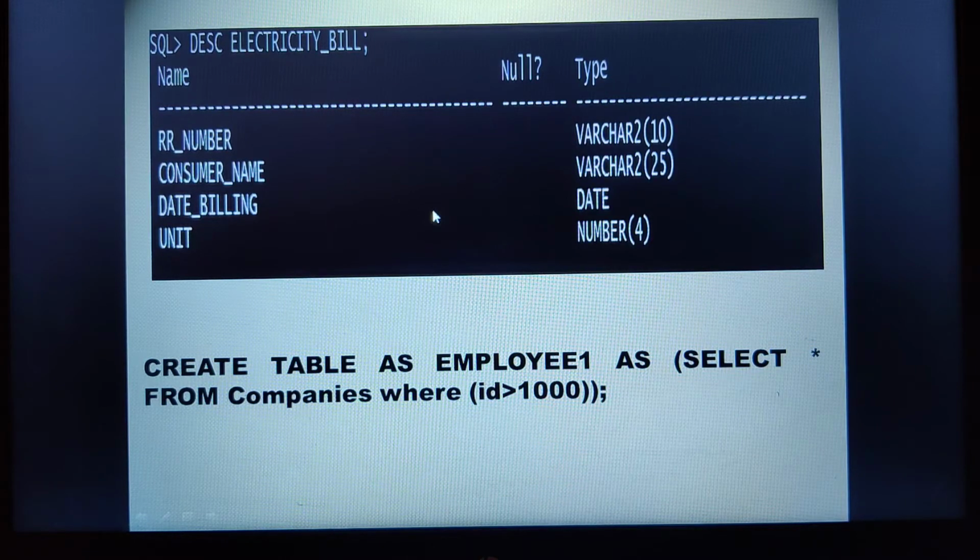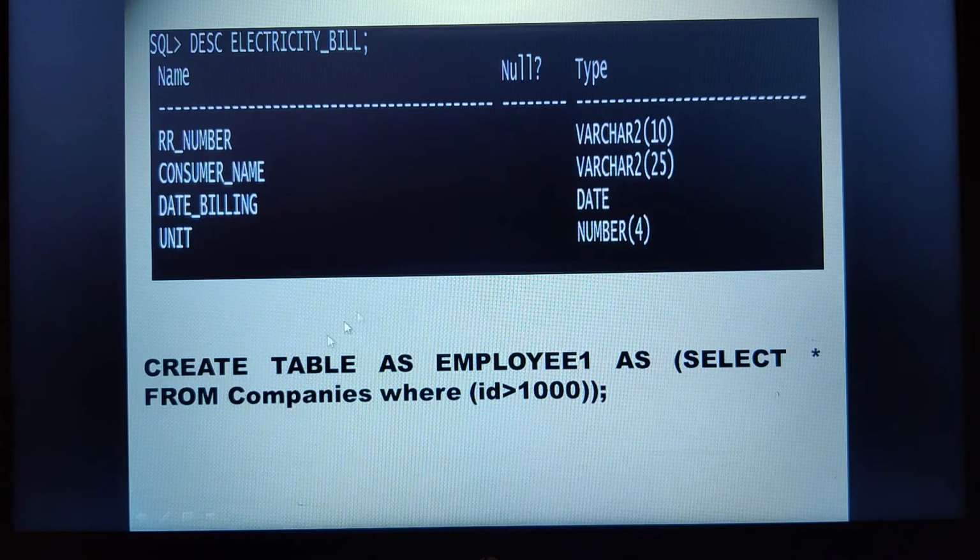So one more thing here in the case of the create command is that we can also use a create table as statement to create a table from an existing table by copying the existing table's columns. That means you can even create one more table from an already existing table. Now here you can look, the new table can be populated with the records from the existing table based upon the select command.